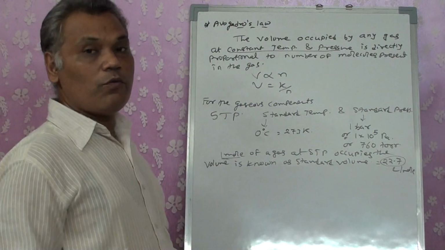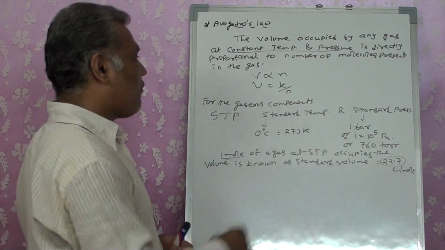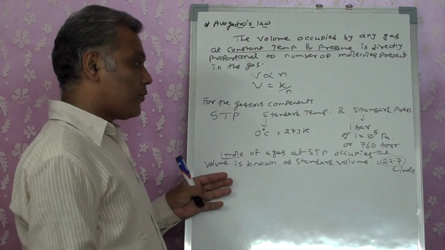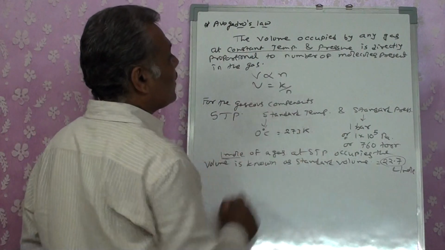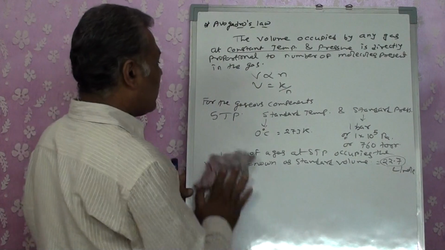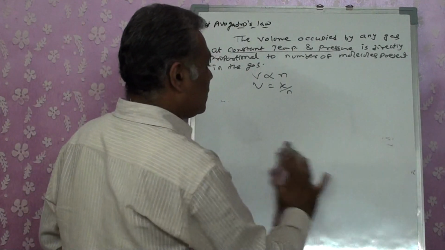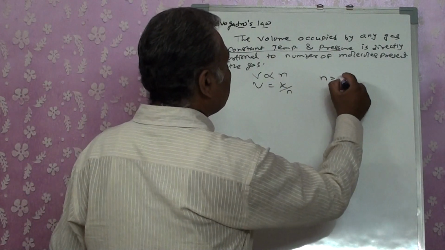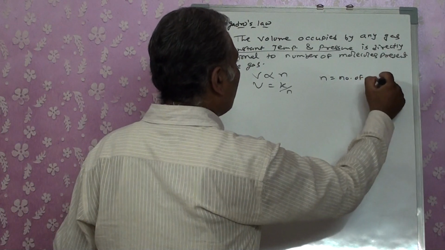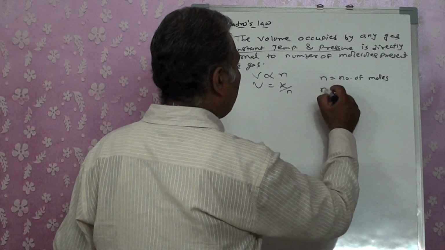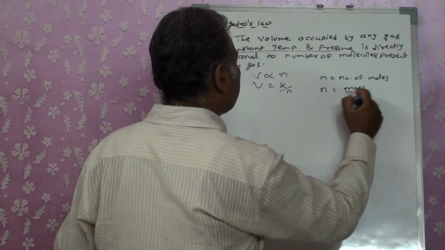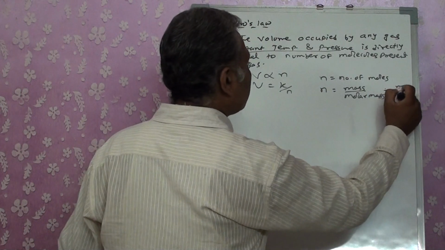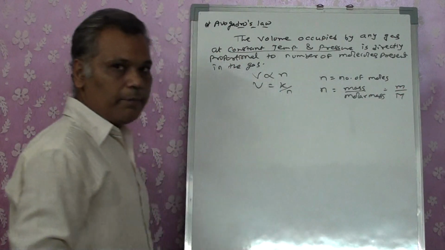We got it for 1 mole, but at the same time I want to go for the relation between the mass and molecular mass of the given component and density. Then how can we convert this equation? For that case, if I want to convert that equation for the relation with density, can I write n as the number of moles, and number of moles means mass upon molar mass, which we symbolize as small m upon capital M, right?